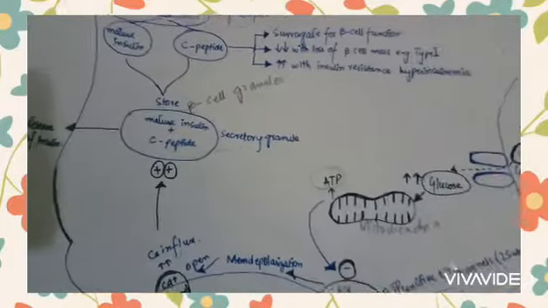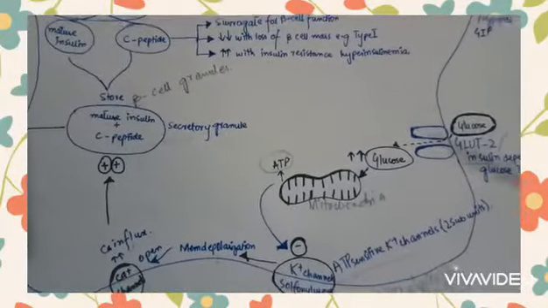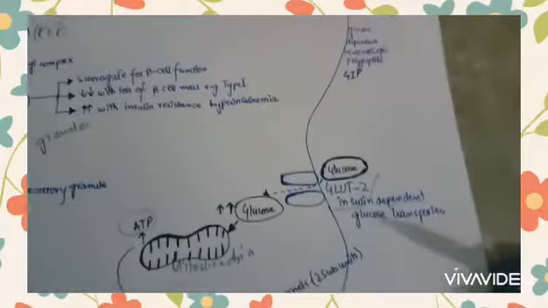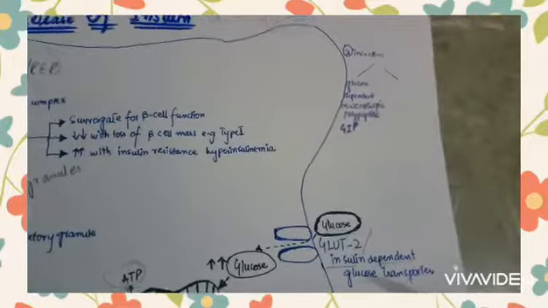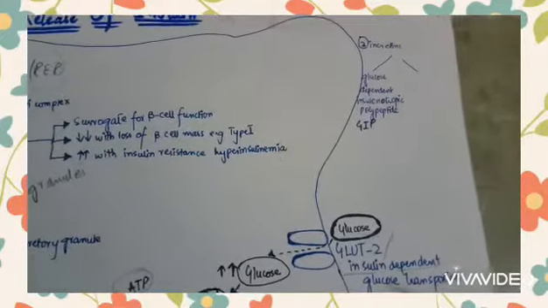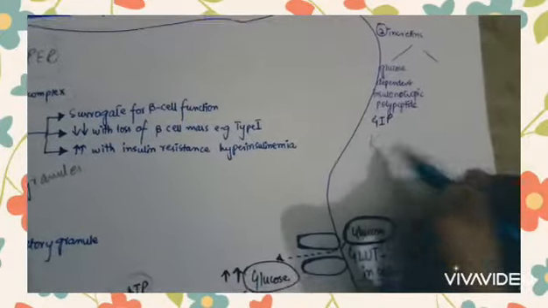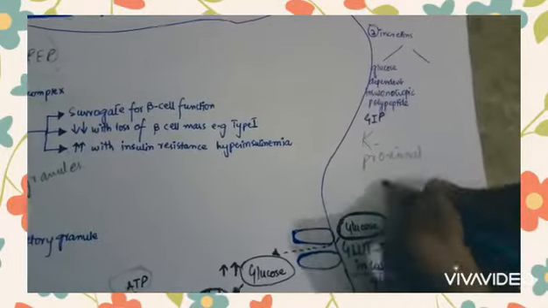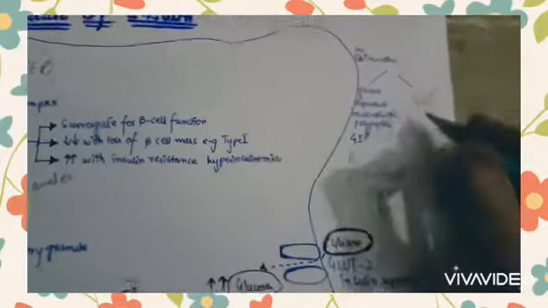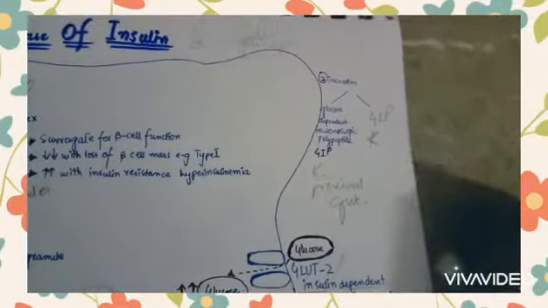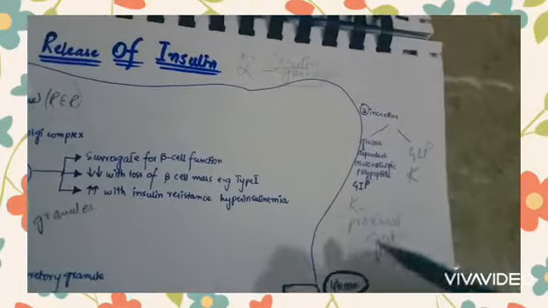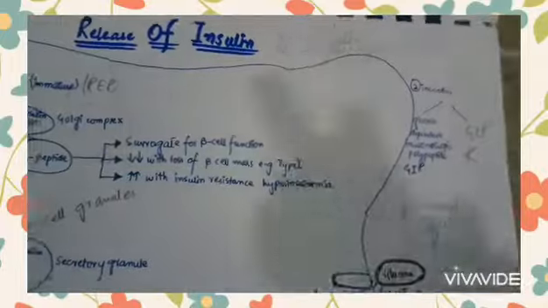What are the two main hormones responsible for the release of insulin after a meal? One is the glucose dependent insulinotropic polypeptide, also known as GIP, which is released by the K cells of the proximal gut, and the other is glucagon-like peptide, which is released by the L cells of the colon and the distal ileum. These are the two ingredients which give the stimulus for the release of insulin. That's all about the release of insulin.